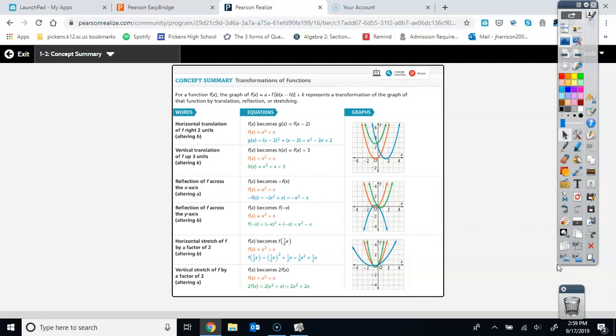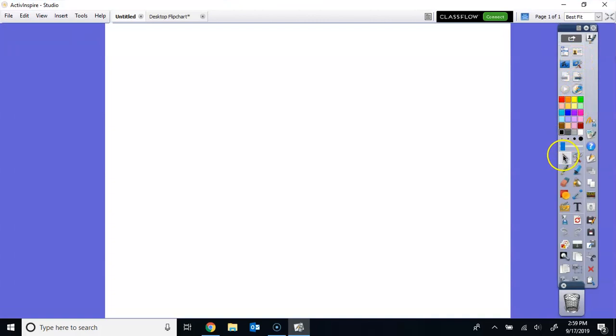Horizontal stretch is when you have a fraction on the inside of the function. Horizontal compression is when you have a bigger number on the inside. Vertical stretch is when you have a bigger number on the outside, or a smaller number would be a vertical compression. All of those things give me a way to look at any function this year and look at the